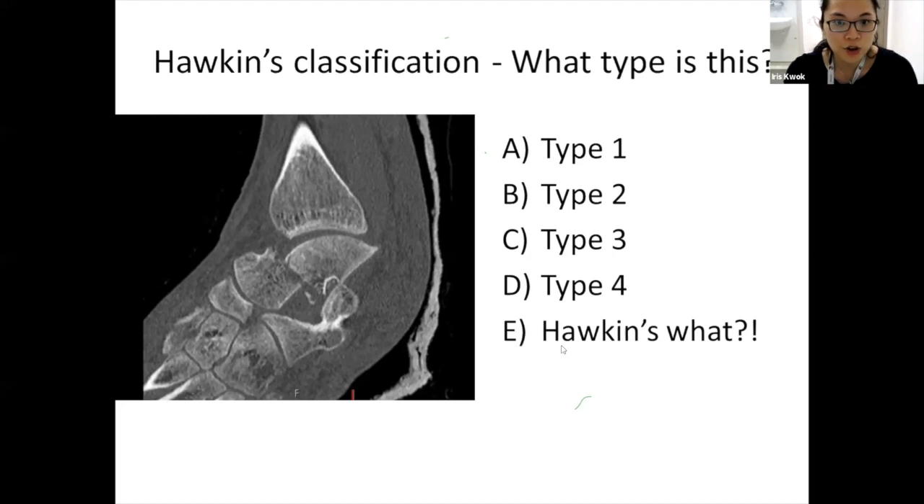Okay, so probably a third of you don't really know what Hawkins classification is, which is fair enough. That's the whole point of the talk. And then an equal number say type 2 or type 3. Nobody's saying type 1, which is good. Well done. So what is Hawkins classification? So there's a type 2, first of all. That's the correct answer. It's a type 2